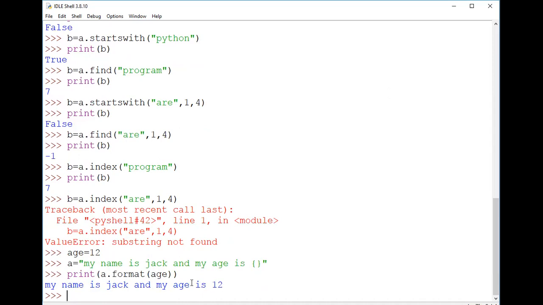Okay, so in this way, the format method will be used. That means you're using an integer value in a string. This is how we can use it with the help of the format method. Now the next methods, from this onwards, I'll be showing you